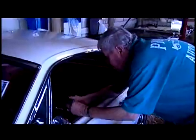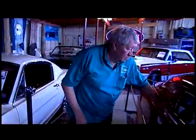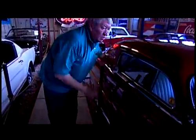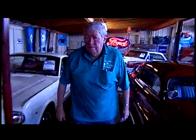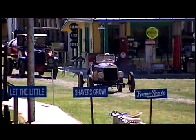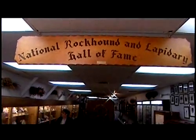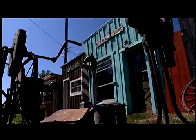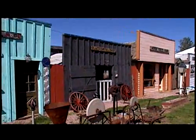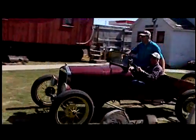People would have, maybe they went to a dance in one of those cars back when they were teenagers, a '29 Chevy that they could remember, or a Model A, or an Essex, or a Whippet, or their uncle had one. Memories abound. It makes no rational sense that we have this, but I don't think we can help ourselves. And it's not just vintage cars being preserved in this Pioneer Auto Show, it's a whole way of life, including a vintage prairie town to depict what pioneer life was like in the Dakotas when the first gas-powered auto